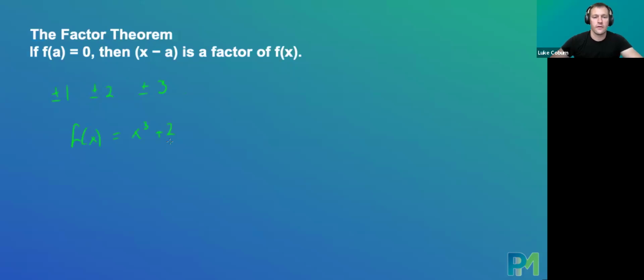Minus 4x minus 7x plus 10. Now on the next page, we're going to try f of 1, f of minus 1, f of 2, f of minus 2, and so on. And one of them is going to give us equal to 0. And that's going to mean that a is a root, whichever one we found, 1 or minus 1, whichever one of these we find, a is a